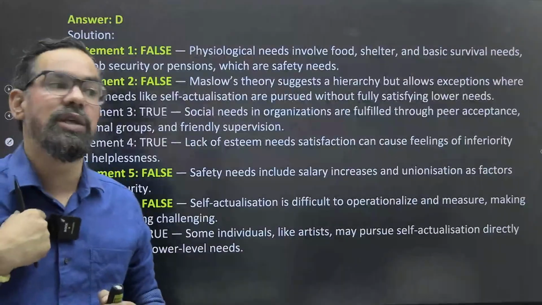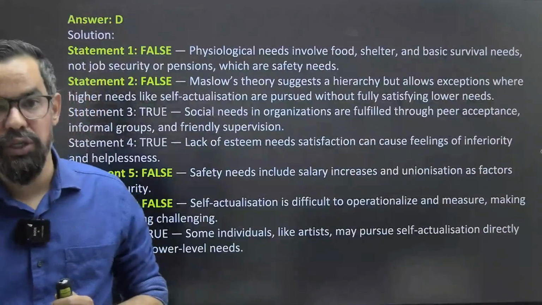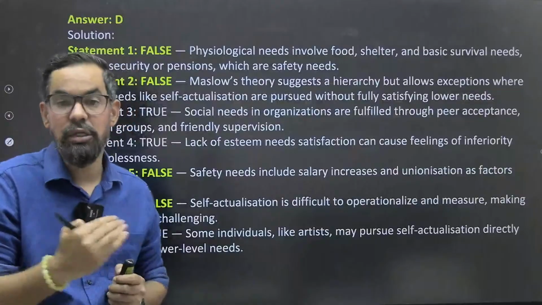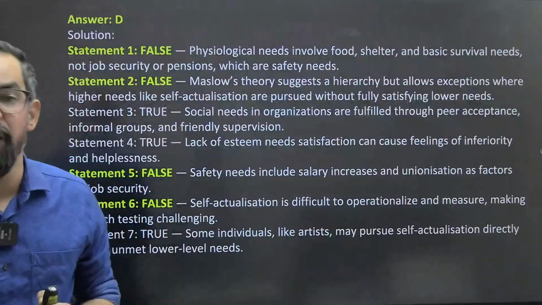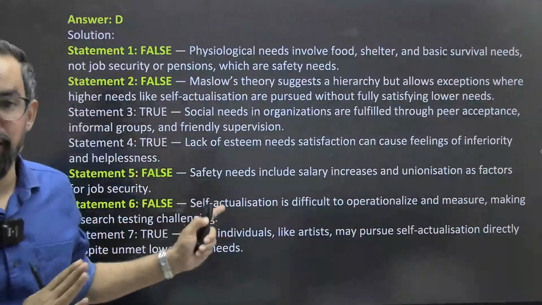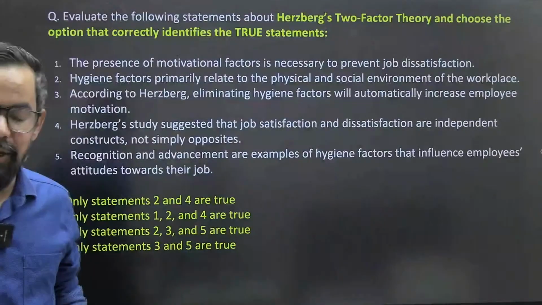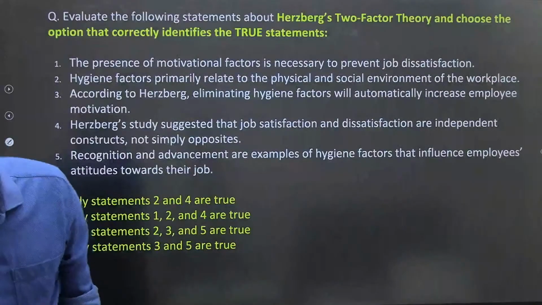Let's say they can give you an example. One person is seeking a car loan, so which category of Abraham Maslow's need theory does it come under? That is a social need. That kind of thing can also be part of this. But it is something related to HRM, so it is linked with the direct topic itself. If you don't remember that, completely ignore it. Don't take too much tension for that.